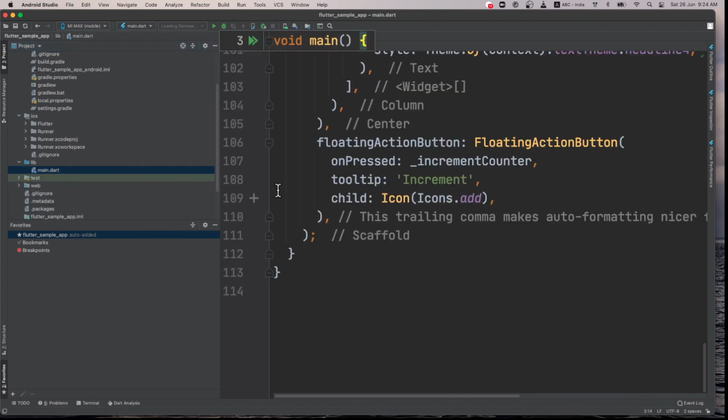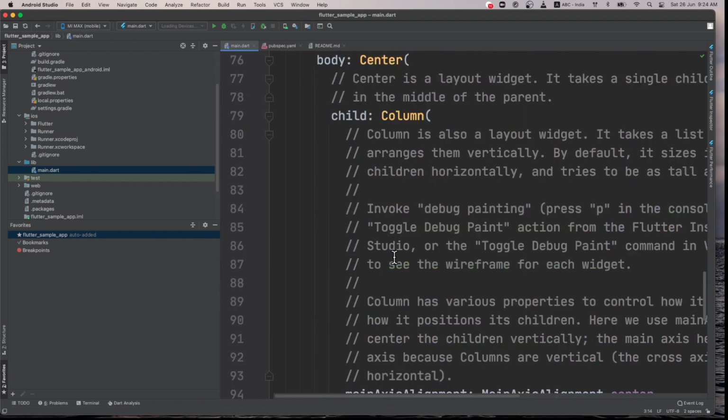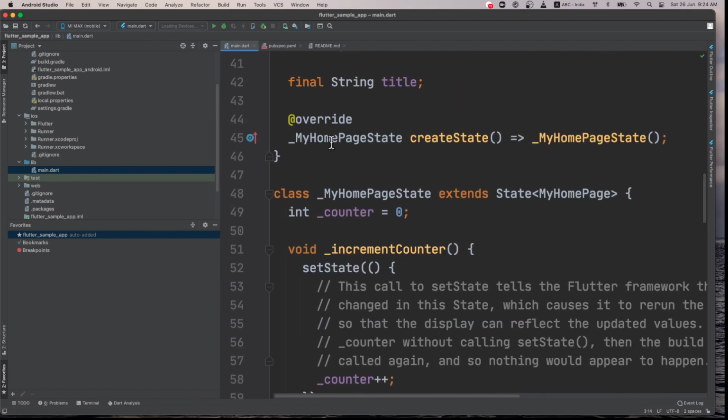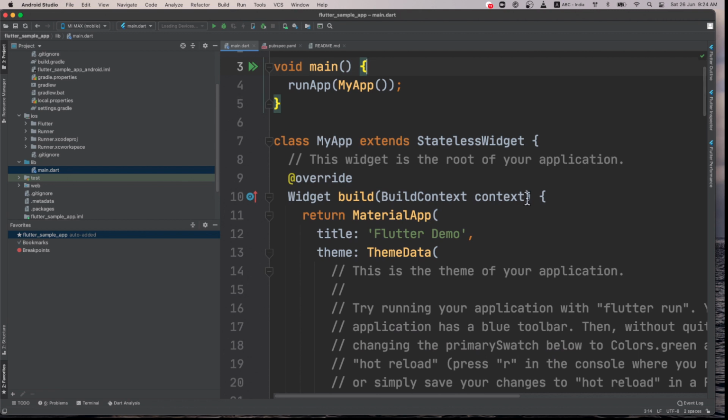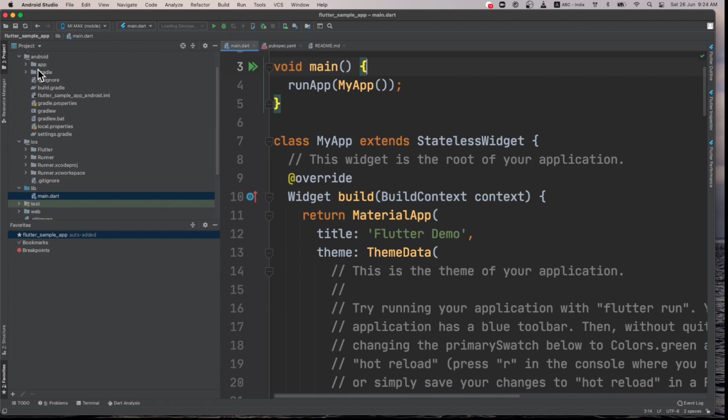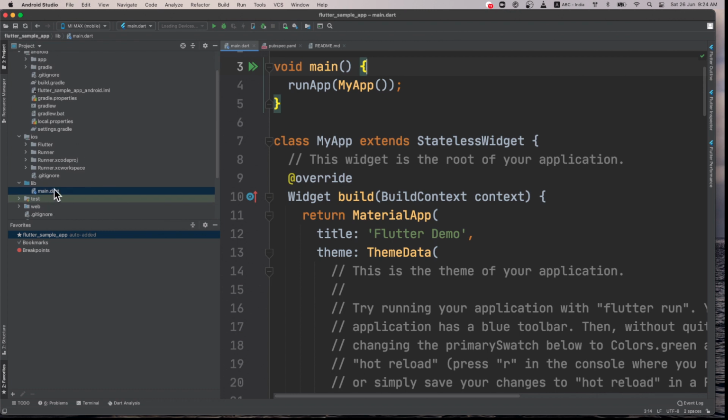Because you know we are writing in Dart. So this main.dart file is there, but this Dart file may not be understood by Android and iOS. So what we need is a platform that will convert this code into Android and iOS code. For that only we need to have this full project, because Android cannot run a Dart file directly. It needs to have its own structure. So I will tell you the main points in this.